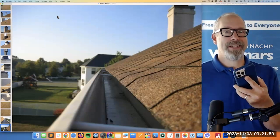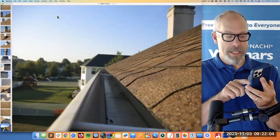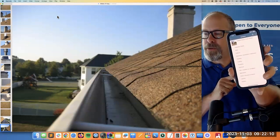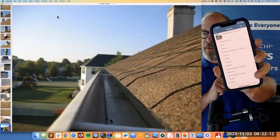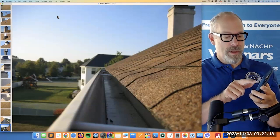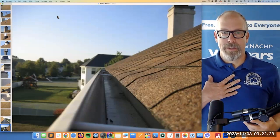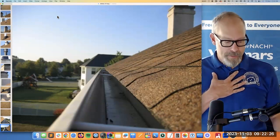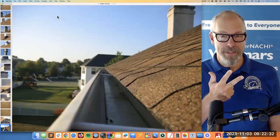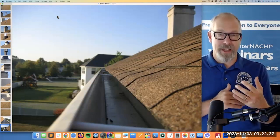My software does two things at the same time. It's telling me the things I'm supposed to inspect, right? It's a checklist of things that I'm supposed to inspect, right? So there's all the things I'm supposed to inspect. Can you see that? There's inspection detail. There's the roof, the exterior, the foundation, the heating, so I look really smart because I'm carrying this great checklist that makes me look smart. I know what I'm doing, and it helps reduce mistakes because I can just refer to this checklist to make sure I've inspected everything, at least